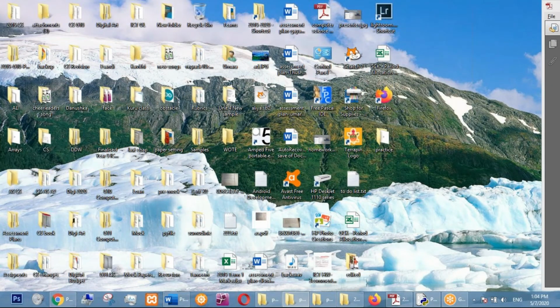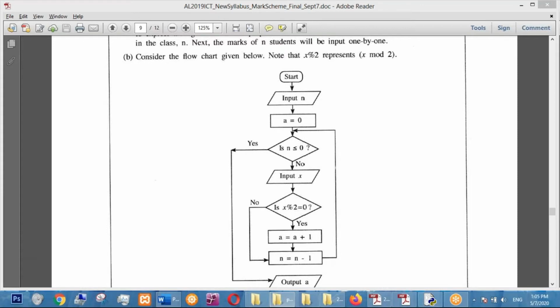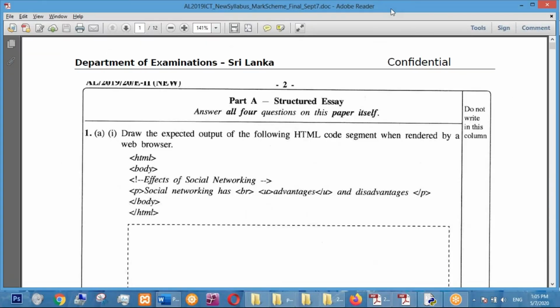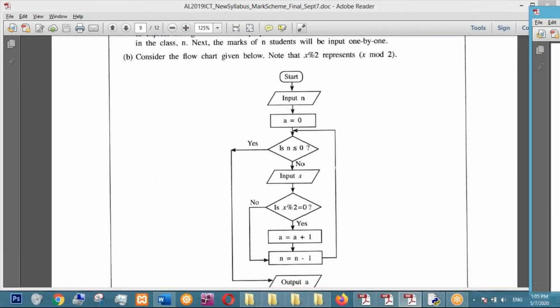Let me see whether I can show you. Yes, there is string. It's looking at string characters. S for string, D for integer, and F for floating point. This same format is used in C language. In C language also, when you are outputting a floating point number, you have to put percentage F. If you are outputting an integer, you have to put